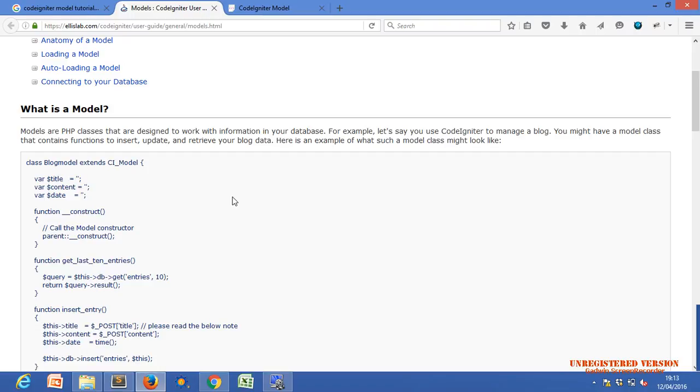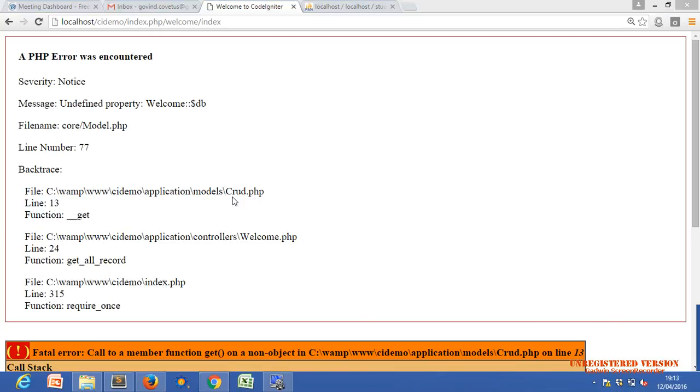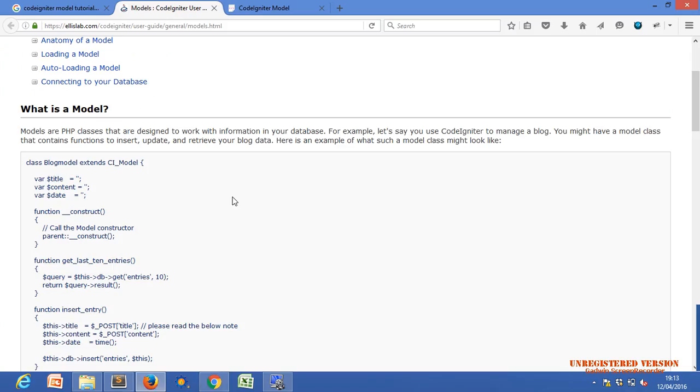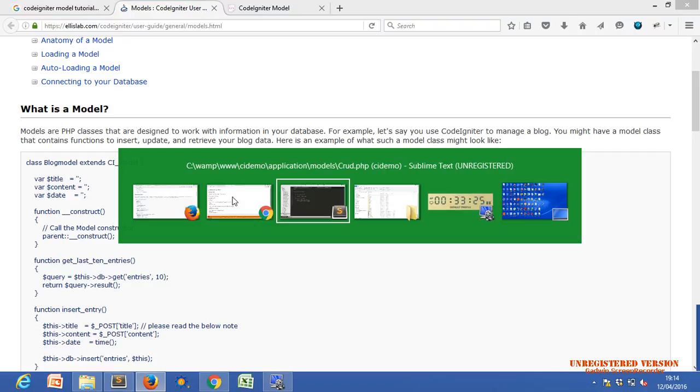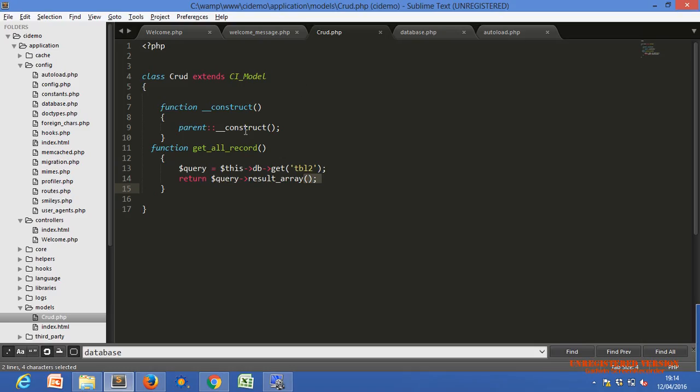Okay, actually, a model is also a kind of class. You can say it is a combination of class and function in one PHP file. Whatever the file name, we should create the class with the same name. With the help of that model, we can execute our database related queries.